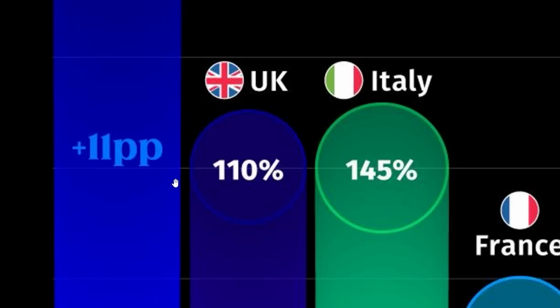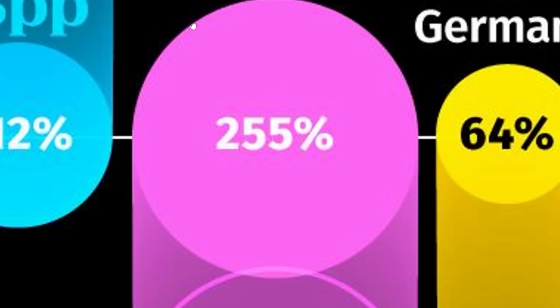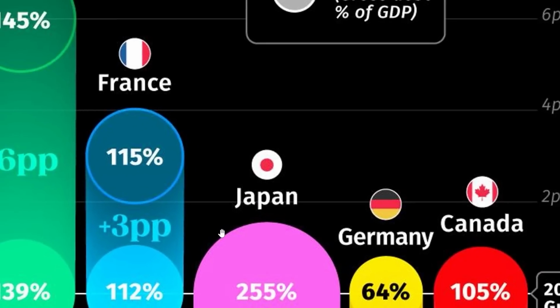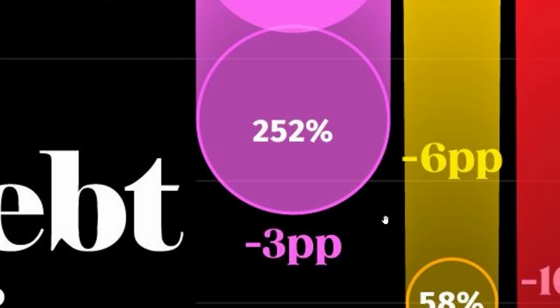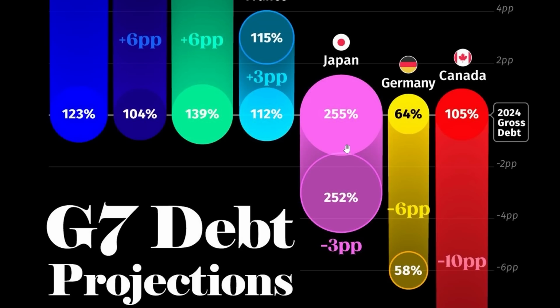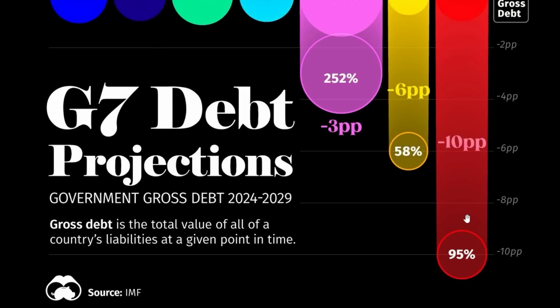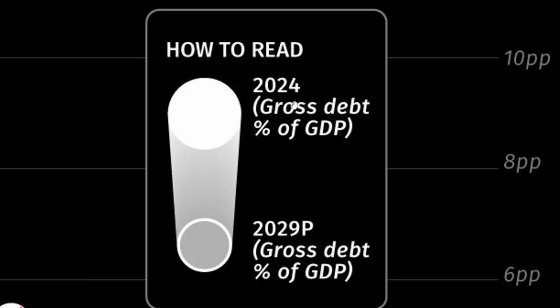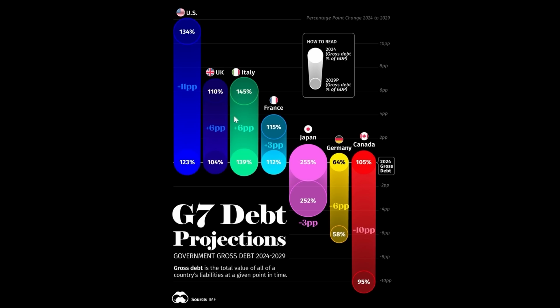But then we also have the UK and Italy, France falling pretty close behind, Japan, which is in a pretty bad situation, but they're not the worst out of all the G7s. In fact, they're projected to go down a bit in their debt. Actually, I don't think this is going down, it's just not going up as much percentage-wise. Germany and Canada are a little bit of the same. Yeah, because we're talking gross debt as a percentage of GDP. The US is just going to keep racking this in. We don't even care, baby.